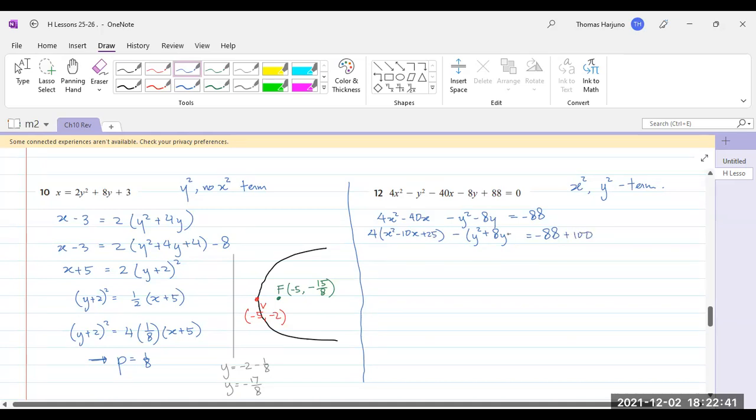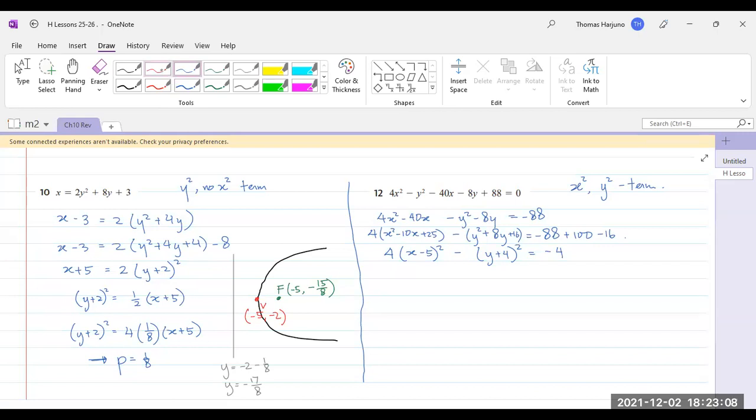And I will add 16 here, which means I subtract 16. So I will get 4 times (x minus 5) squared minus (y plus 4) squared equals -4. Okay, so if I divide by -4 to make it 1